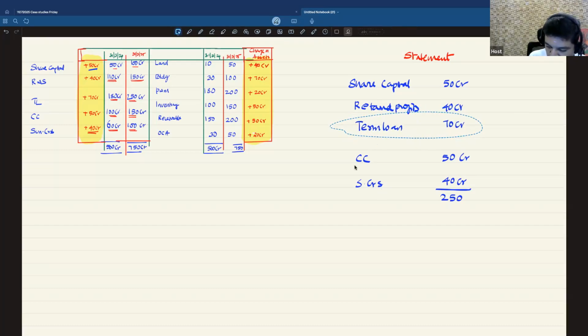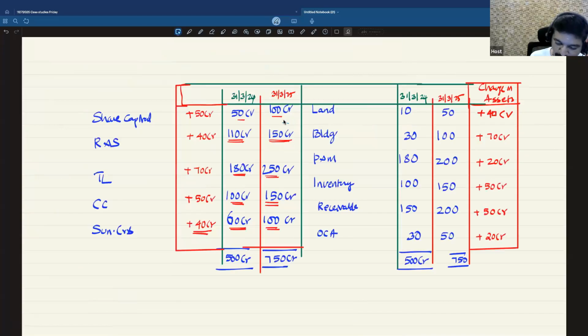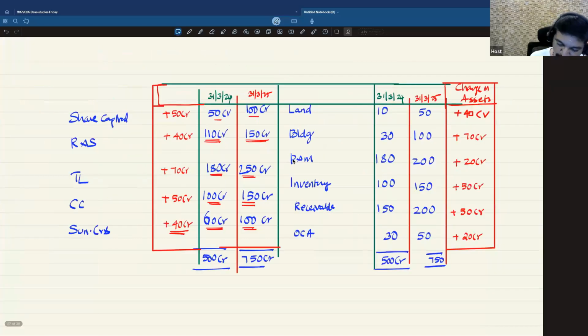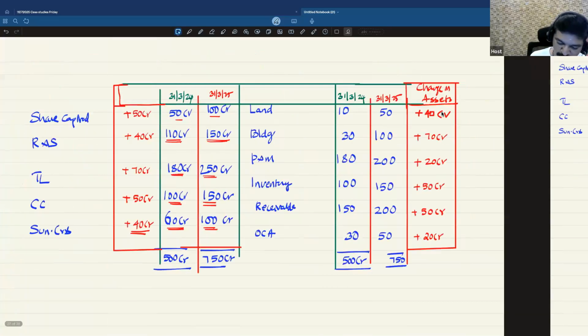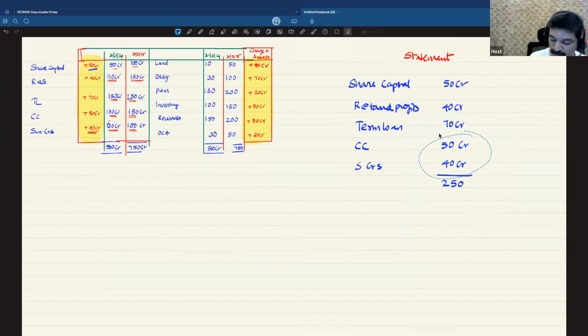Okay. So this is how the money flowed in during the year. And this information is absolutely not visible in the balance sheet. Because if you look at the latest balance sheet, what do you see? 100 crore, 150 crore. But what actually happened is 50 crore and 40 crore. If you look at the term loan, it is 250 crore, but what actually flowed in during the year is 70 crore. If you look at the CC and sundry creditors, it is 150 and 100, but what literally flowed in during the year is only 50 and 40. So you get to know how the funds have flowed in. So this is the total sources.